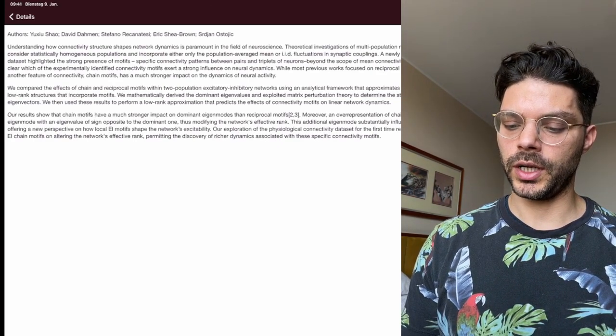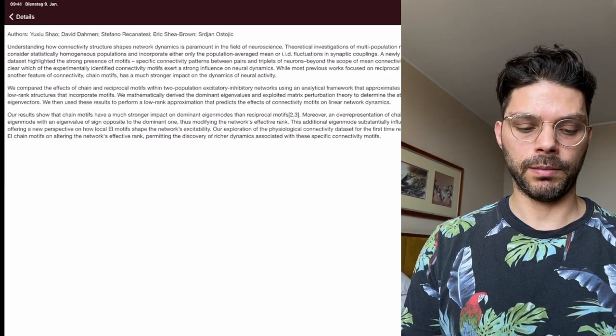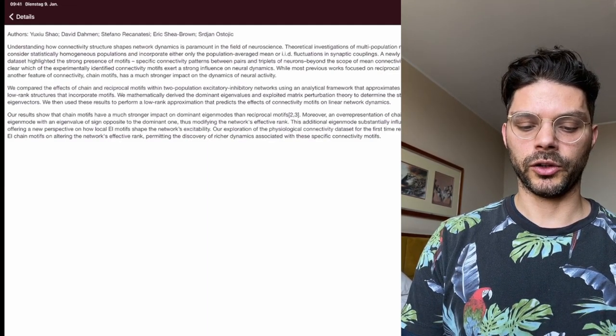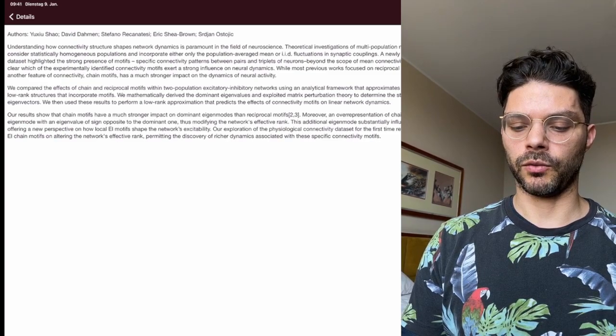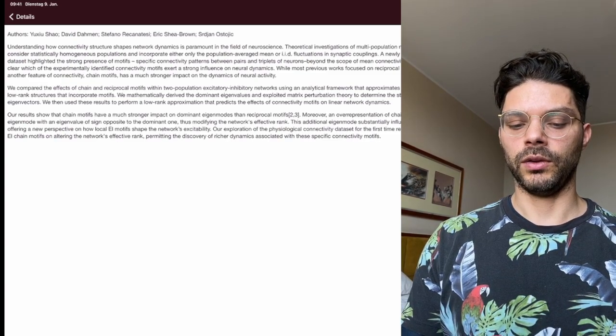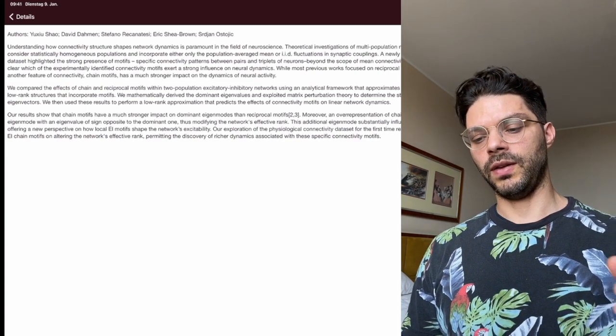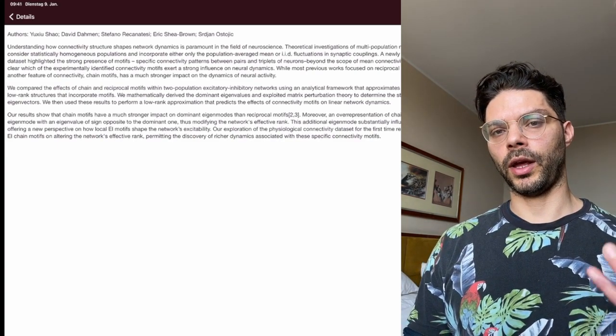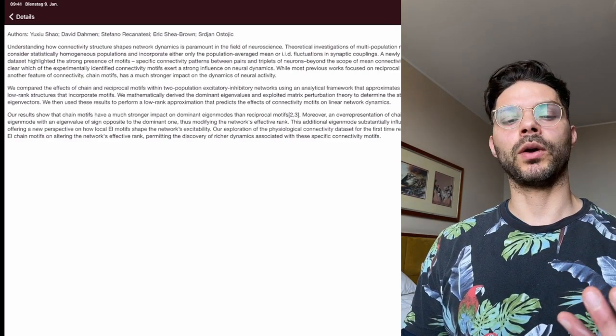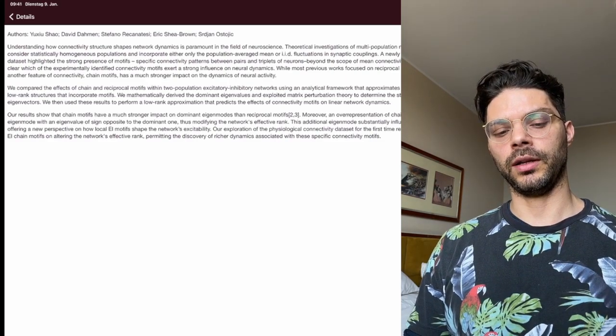Exploration of the physiological connectivity data set for the first time revealed a significant impact of this chain motif on altering the network's effective rank, discovering richer dynamics associated with these specific connectivity motifs. So that sounds like a really nice exploration of taking some connectomic data, looking at which motifs are there, and asking how we are going to understand the effect of these motifs on the dynamics.